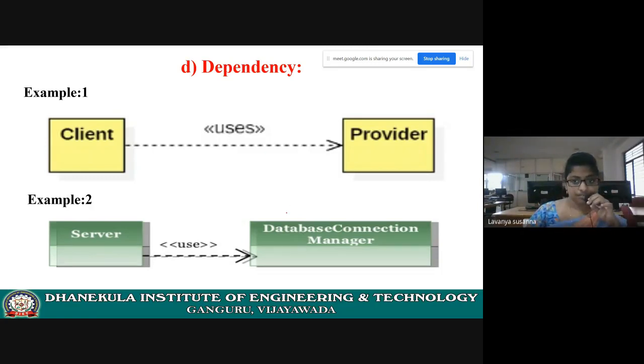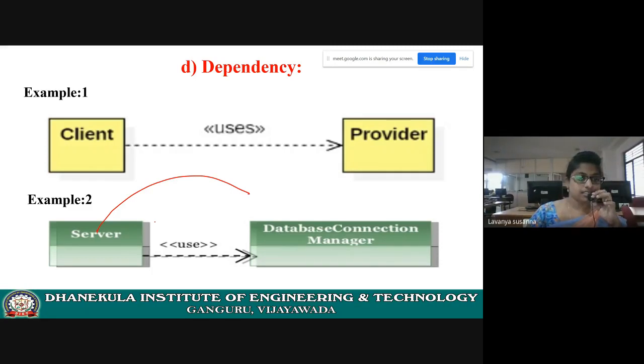Okay, now in this way you need to explain: the classes are server and database manager. Next you need to explain like this: server is dependent on, or server uses, database connection. The relationship between server and database manager is a dependency. Write down what the relationship is also. Just point wise, don't write paragraph wise. You have to write point wise only.